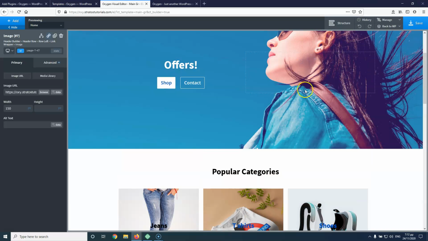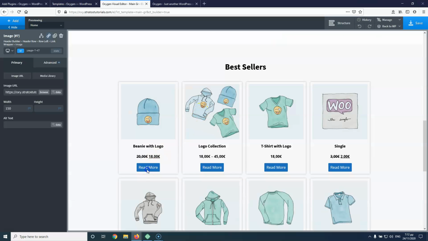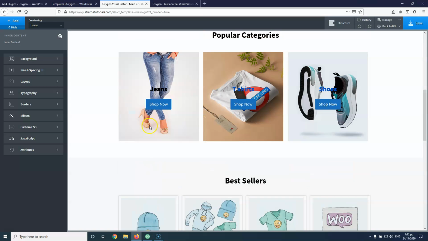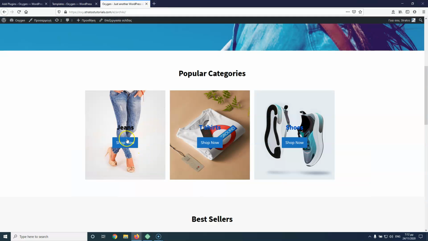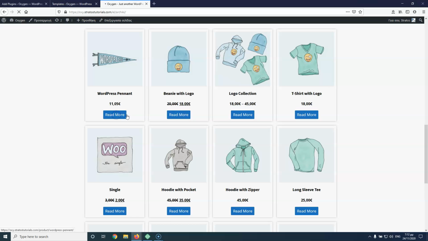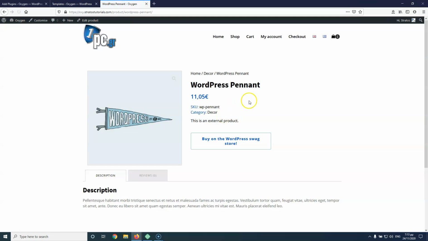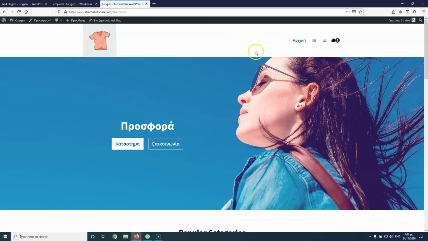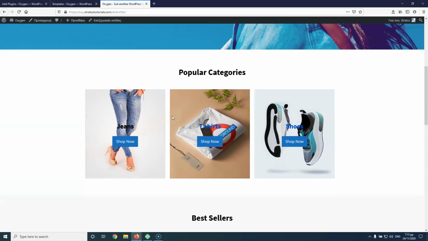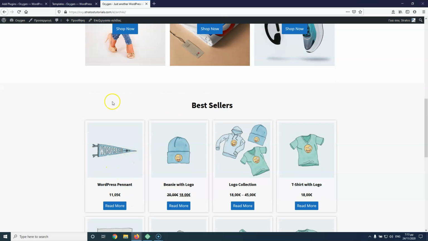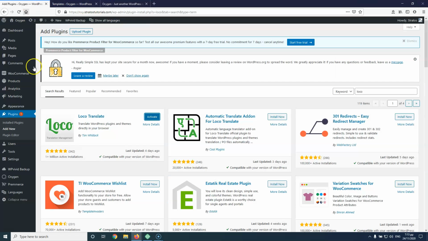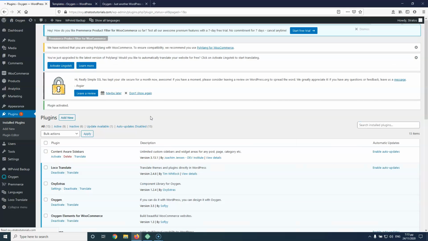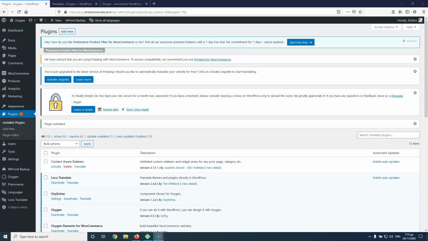Now, I'm in the Greek version, and if I go to see this one, sorry, not here. Let's go here. See this one. Okay, here it's not working correctly because I haven't translated all those settings, but I'm thinking of if I can do another plugin. Let's see. Now I don't have the WooCommerce enabled here to show you, but